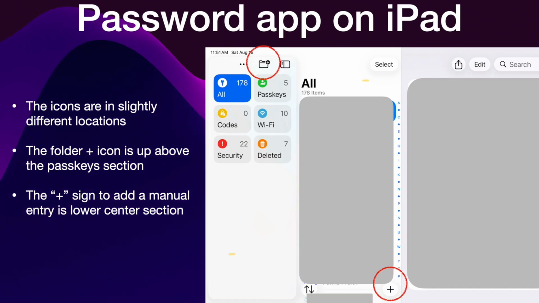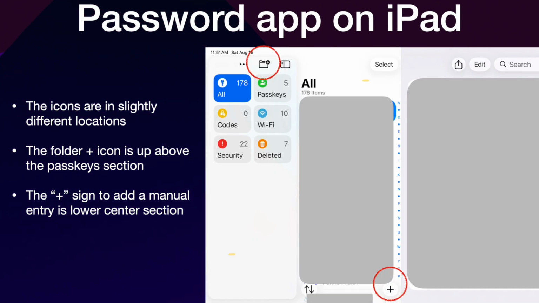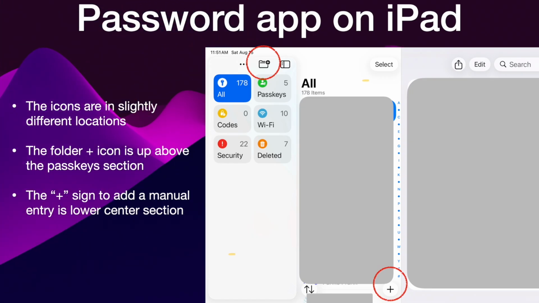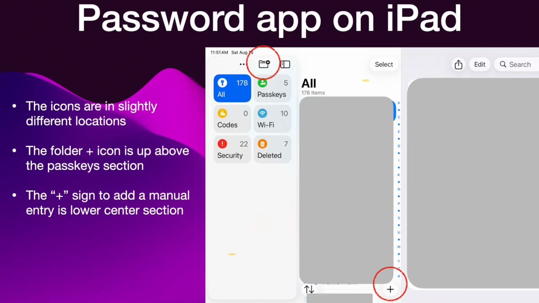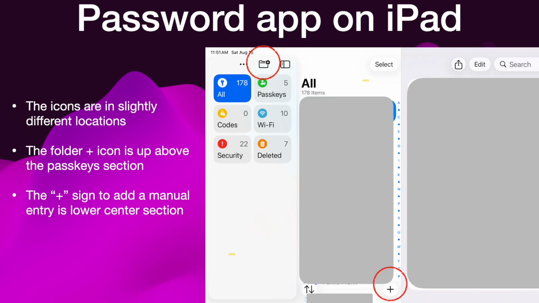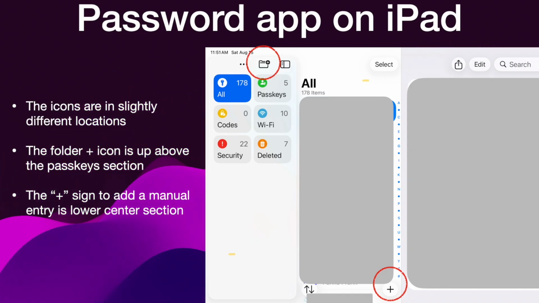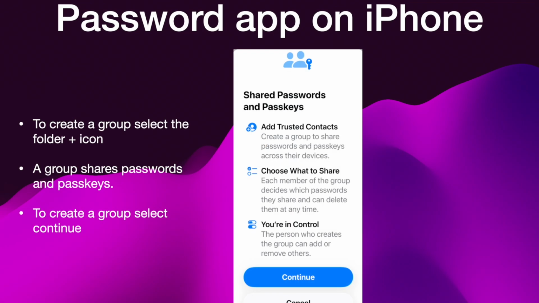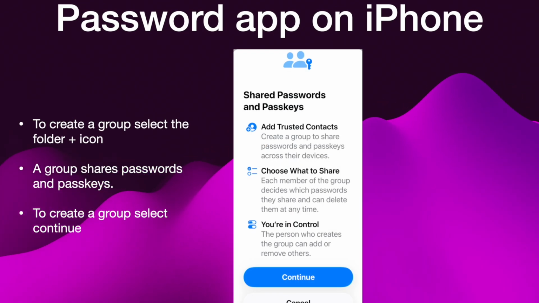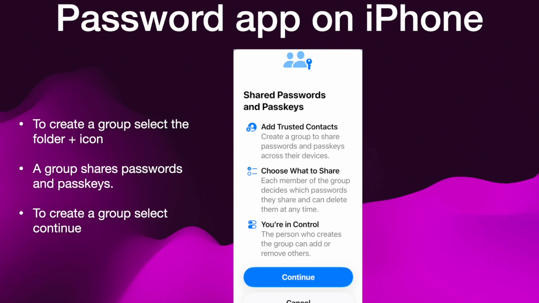On the iPad, the icons again are slightly different. Now this iPad is in landscape mode, and the folder icon is above the passkey section. The plus sign, which will allow you to put in a manual entry, is in the center section, the lower right. On the iPhone, to create a group, you're going to click on the folder with the plus sign icon,